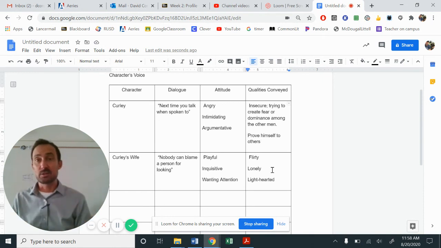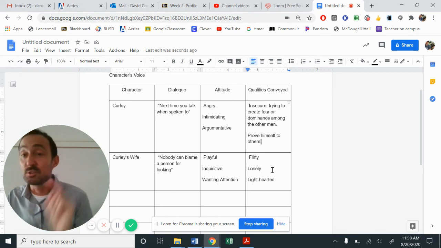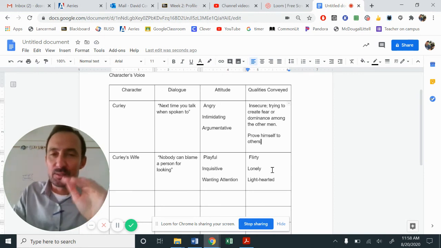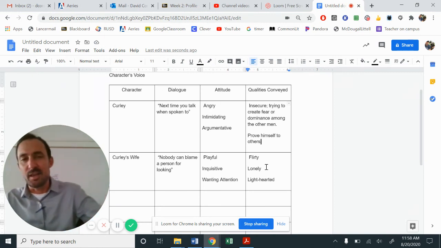The way that Lenny looks at her, like, just eyes her, it kind of creates that tension between them. That's why as soon as she leaves, George goes over and says, if she comes in this house again, you look the other way, because they don't want to get in trouble and they don't want to lose their jobs. So you can kind of tell what the character is like.